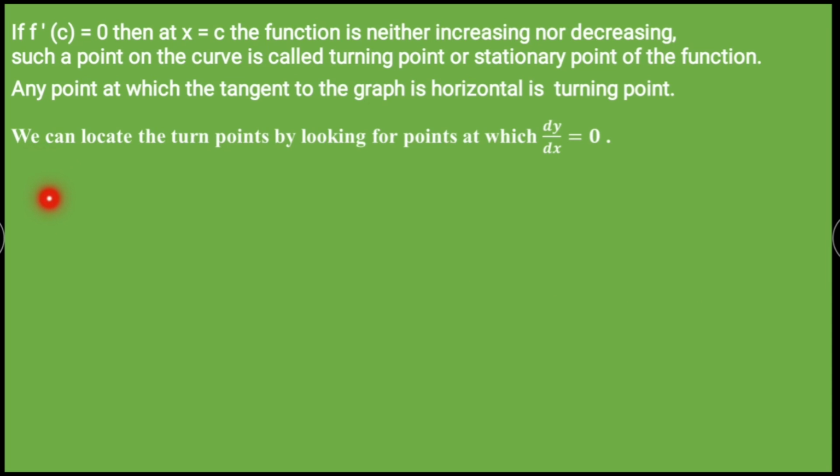So we know that the slope of a line parallel to the x-axis is 0. That is, in derivative form we say dy/dx equals 0. So here we can locate the turning point by looking for the point at which dy/dx equals 0. That means the slope of the tangent to the given curve is 0. That means that the tangent is parallel to the